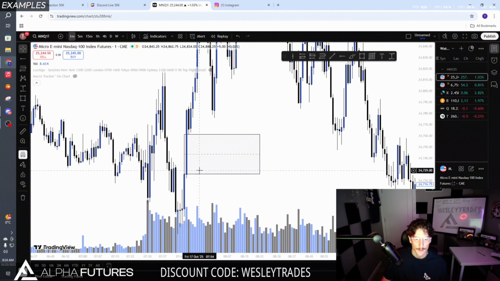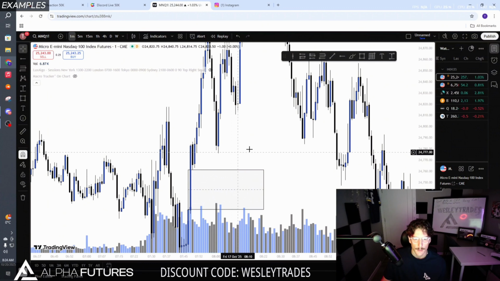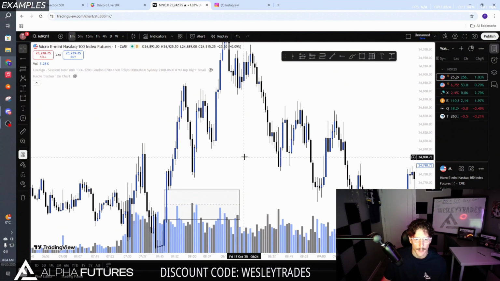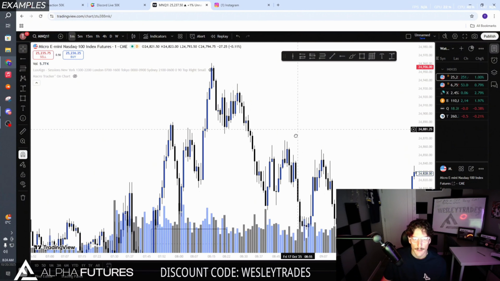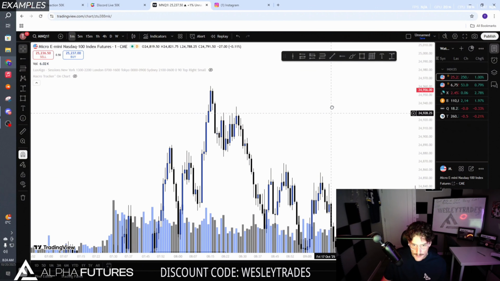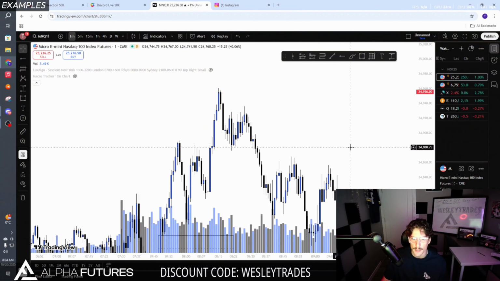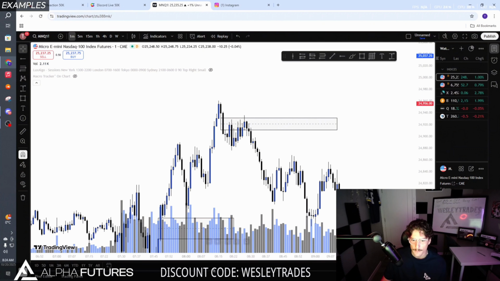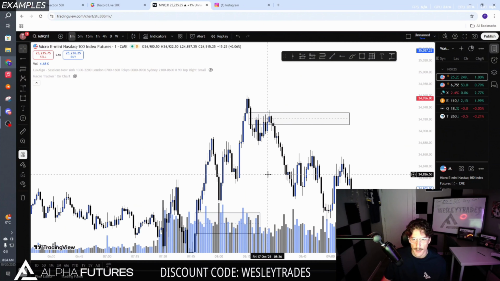Well, yeah. Imbalance made. Sweep. Let's look for a good entry here. Love my entry model because it's so stubborn. Okay, this is the trade that we took on Friday, actually. This is the exact trade we took on Friday. So here, this is a great one. So this one was actually a little bit tough because I actually didn't